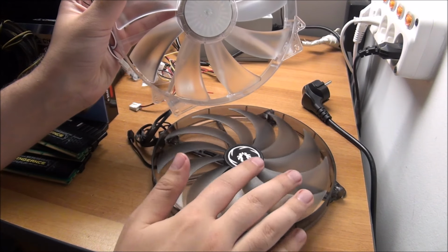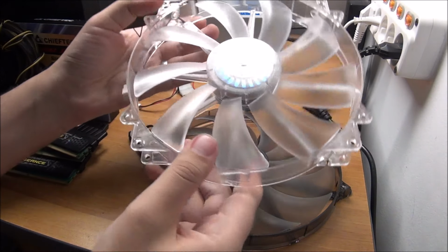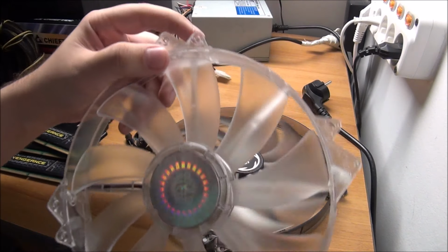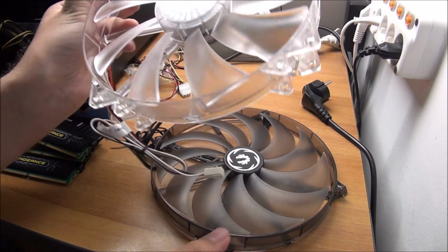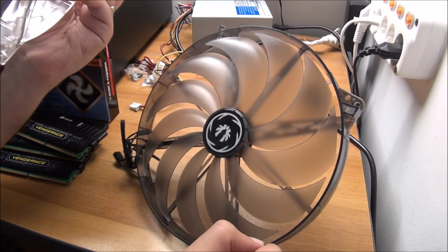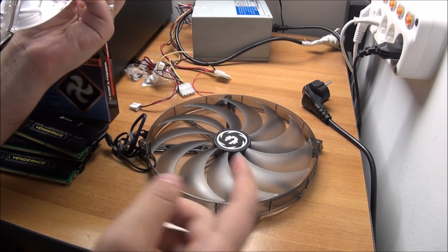So yeah, from this I will be using the LEDs, transplanting from one to the other, and then selling this thing because I have no need for it. These are the actual holes that I'm using. So as you can see, this one has more of them. This one in theory should have had them, but they don't make that model anymore, and the new one that they sent me